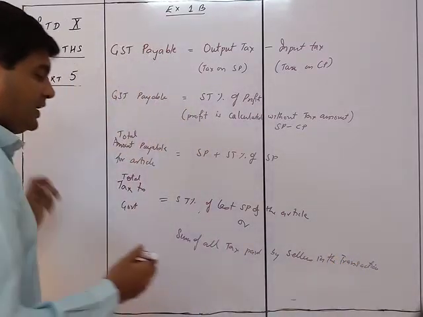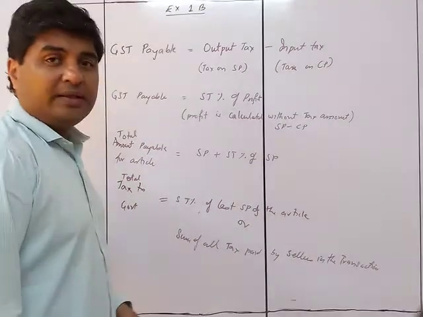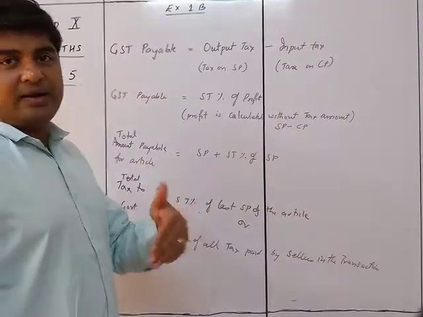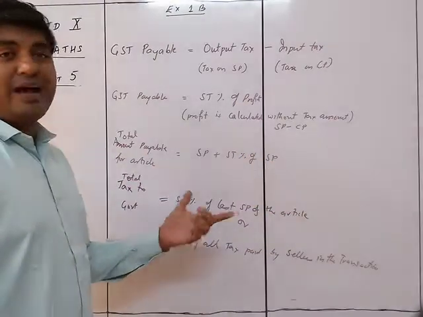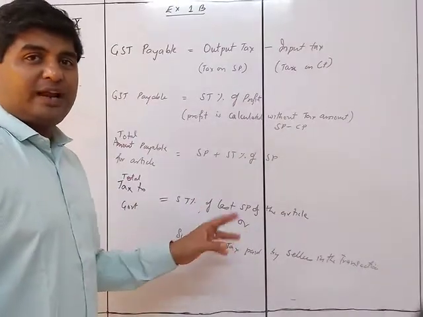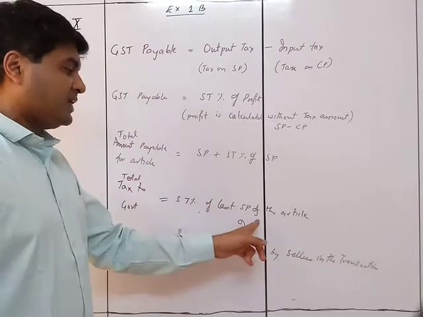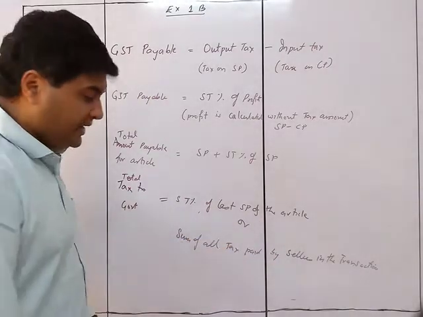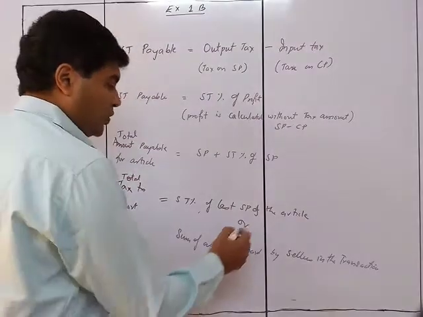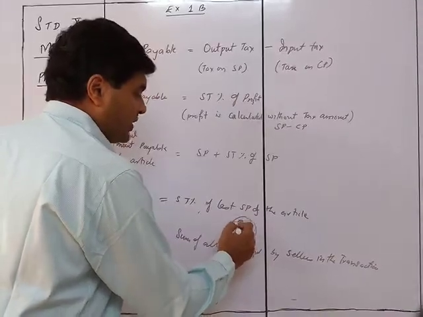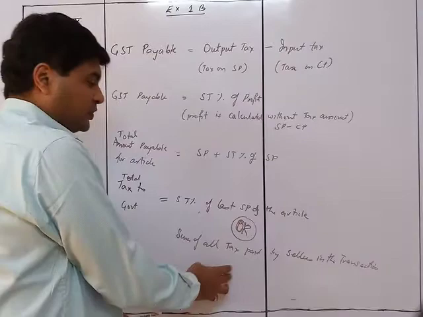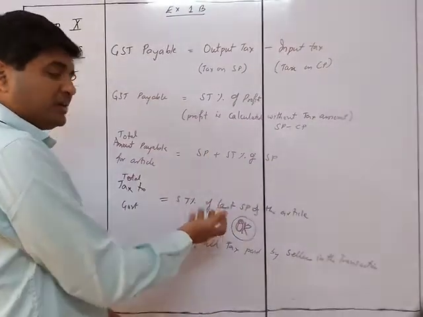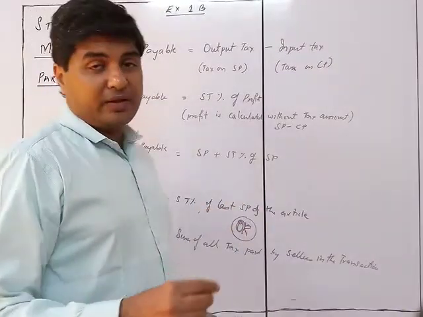As I told you in the earlier video, we saw 100 plus 10 plus 40, so that was 150. Or you can say directly, the last price was 1500, and its 10% was 150, so that was ST% of the last SP. So it could be either this or this, which is always the same amount. So you can also do a cross check. If you have totalled the taxes and then cross check with the last SP, you know that you are getting the right answer.